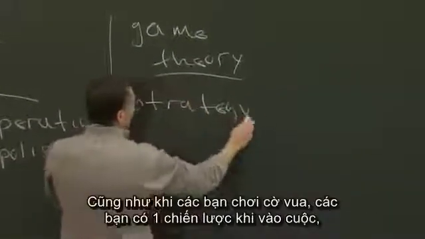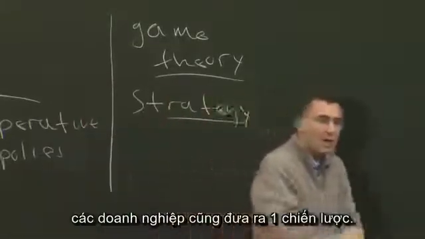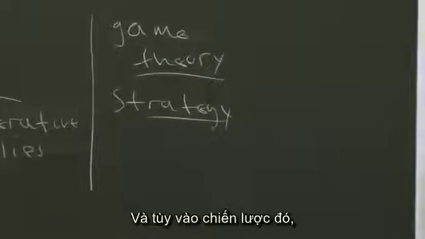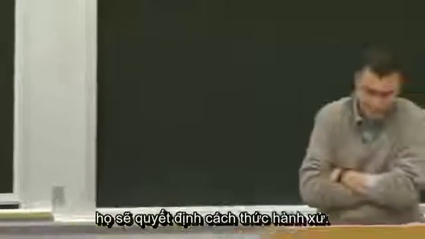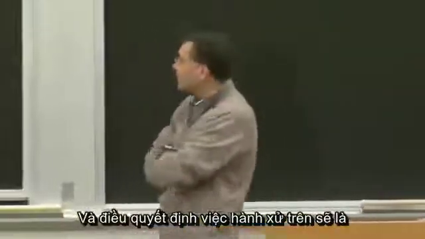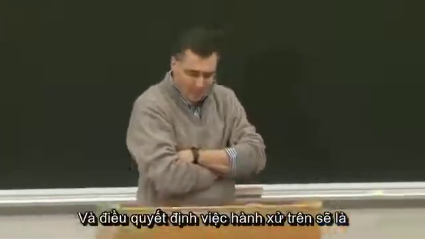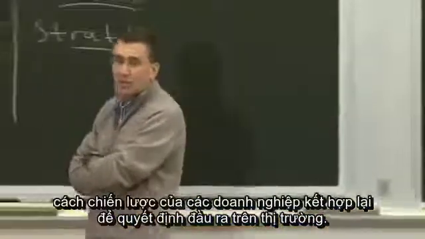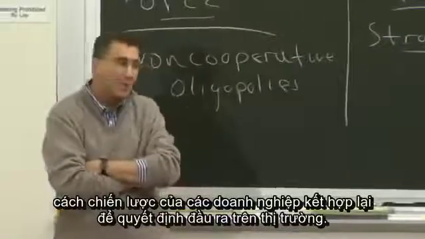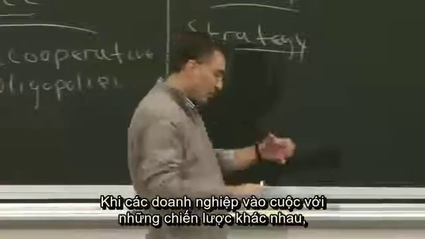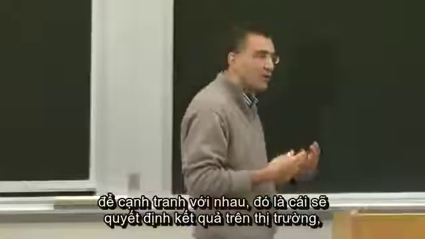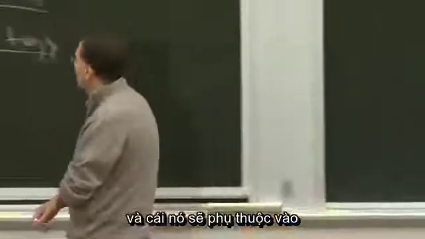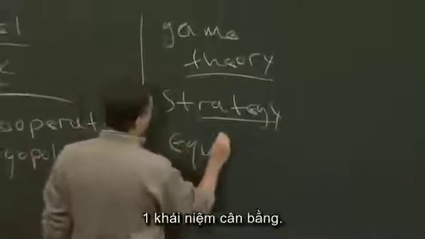Just as when you're playing chess, you have some strategy going in, okay? Firms develop a strategy, and based on that strategy, they will determine their behavior. Basically, what is going to determine that behavior is how firms' strategies combine to determine a market outcome. When a bunch of firms with different strategies come in and compete with each other, what determines the market outcome? And what that's going to depend on is something we call an equilibrium concept,